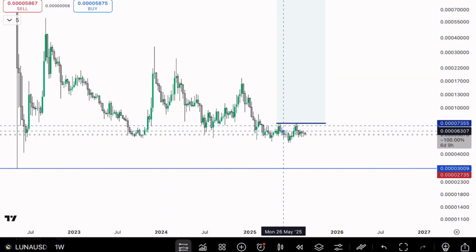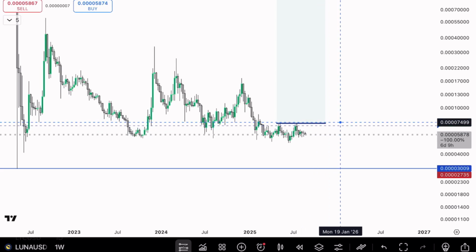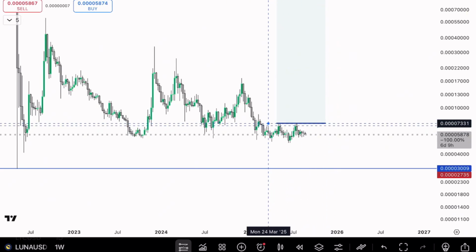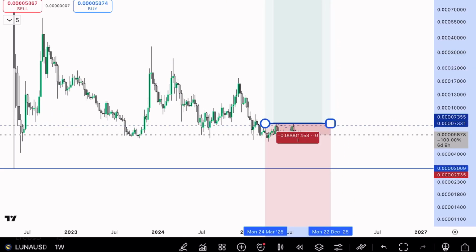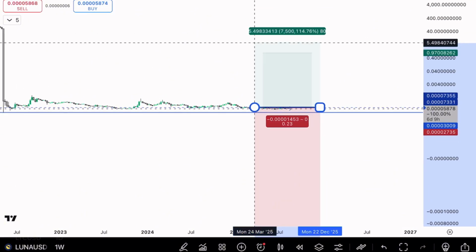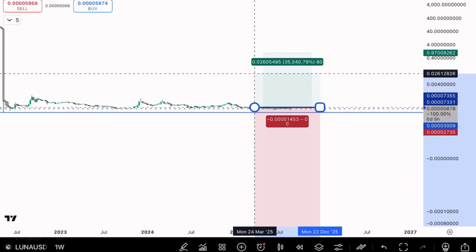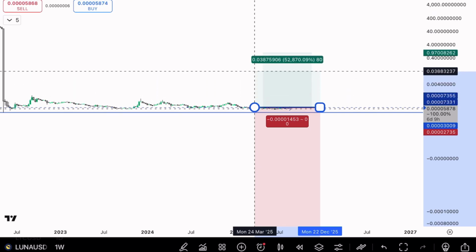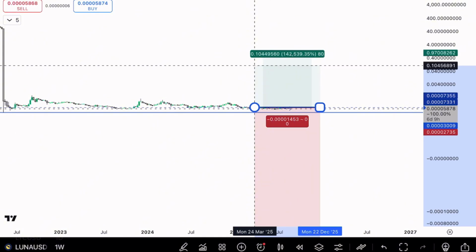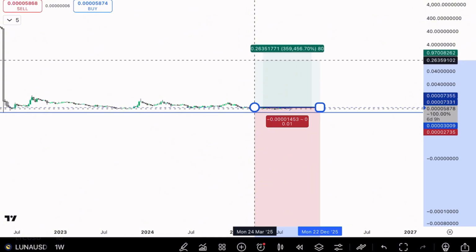Right here. So let's say we got in right there above those two tops. And like I said, I'm treating this like a gamble. And then it goes up, and I keep it in there to see if it can reach